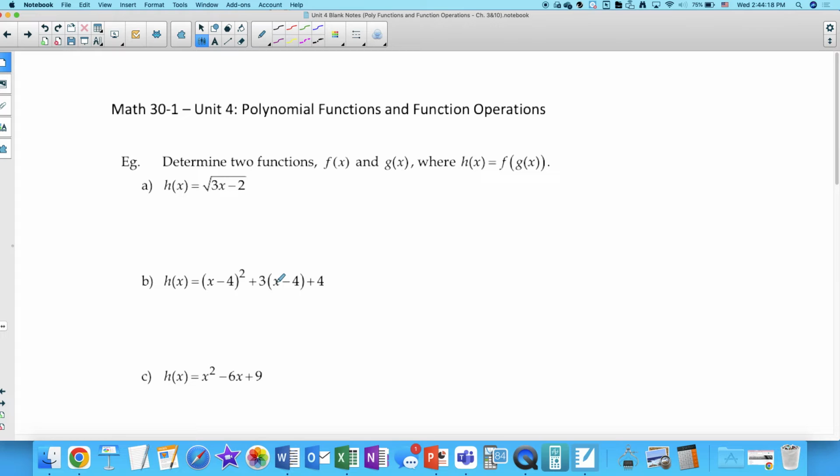The inner piece is that 3x minus 2, right? And I think part of the challenge here